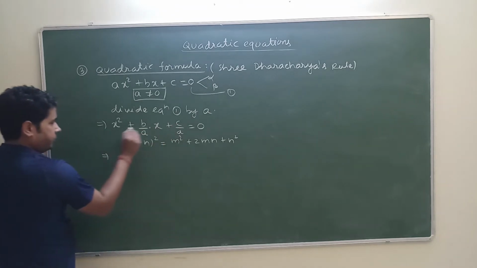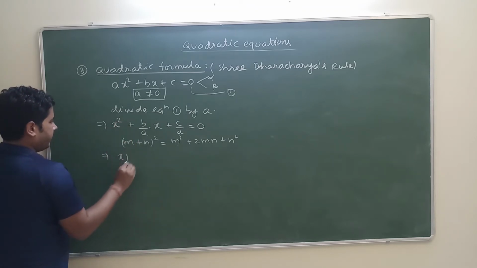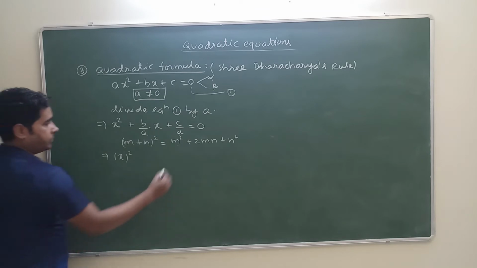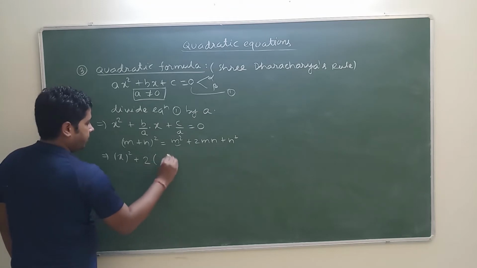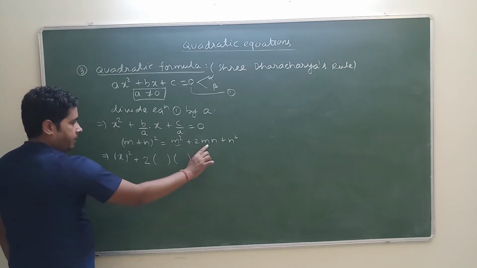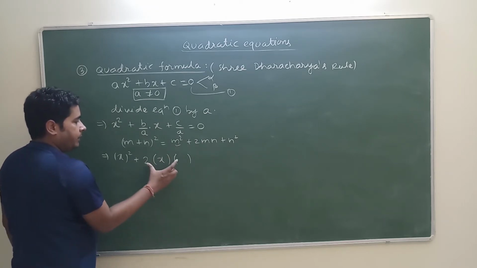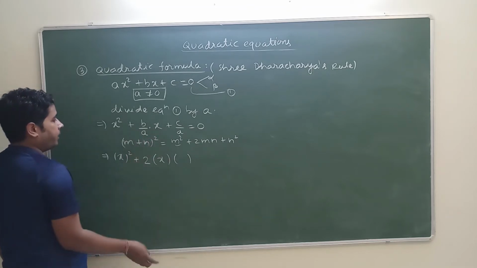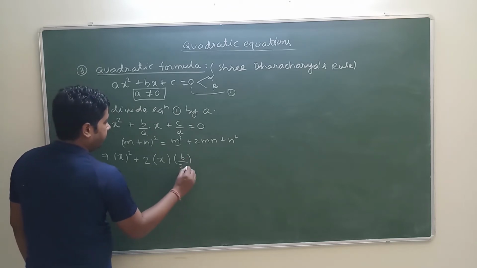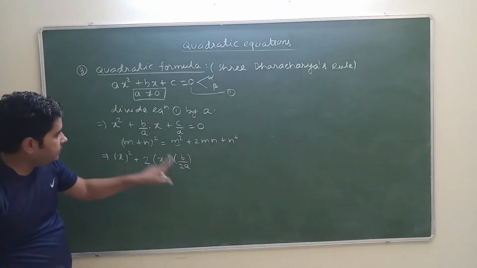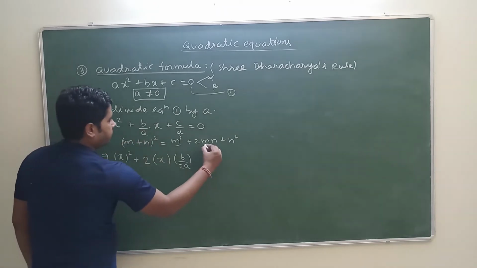Out of these three terms, you can see this term is already completed, right? So I am writing this term as x whole square. So this term is completed. Then I need to write this. So 2m, m I already know, it's x directly. The value of n will be such that it balances this with this. So first we need to balance this 2. Therefore I am writing 2 here and then b by a. So n will always be half the coefficient of x. So it will be b upon 2a. This term is also completed.